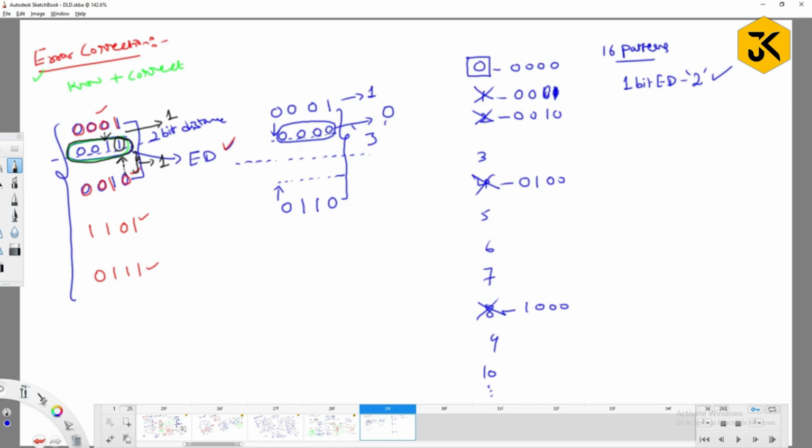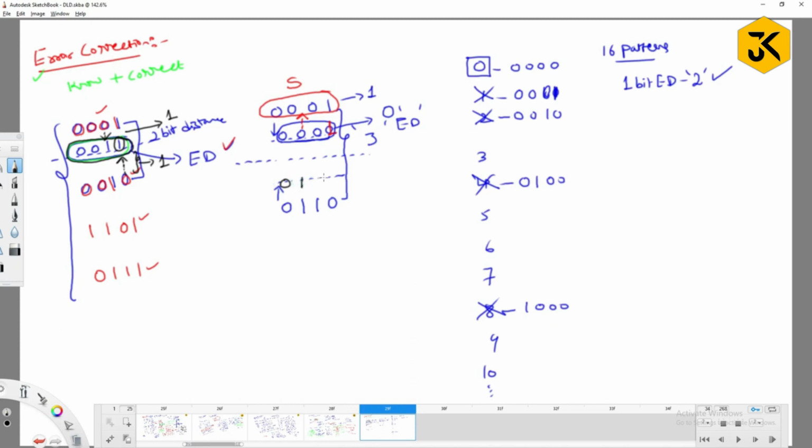Now I identified that there is an error detected. There is an error. How can I say that the error is corrected? Because see, this error is detected here, right? Now I can easily say where the error is. As this is nearer to this one, I can say that at the sender side itself the error is there. So I can simply modify the respective location as 1. For example, at this particular side,